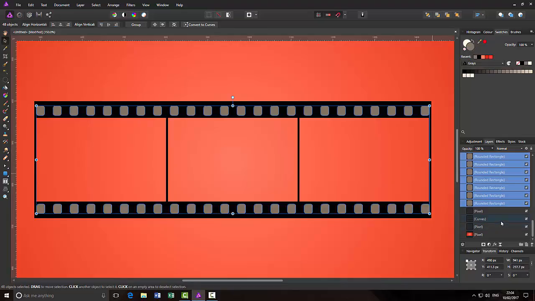And also we need to select the curves layer, so you can again hold down the Control key and click those two layers,